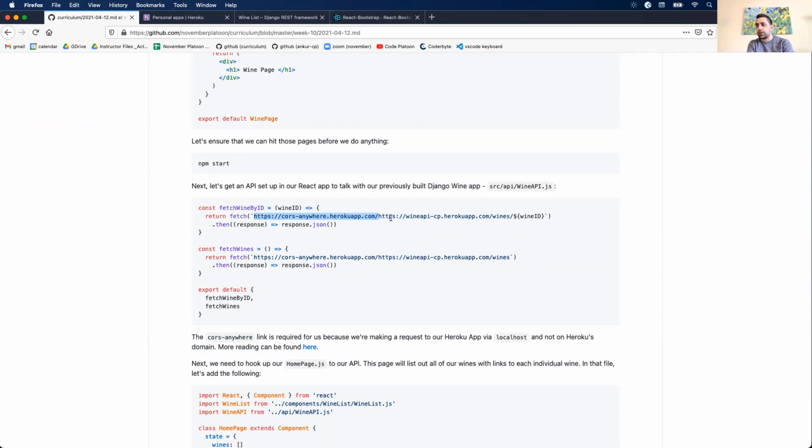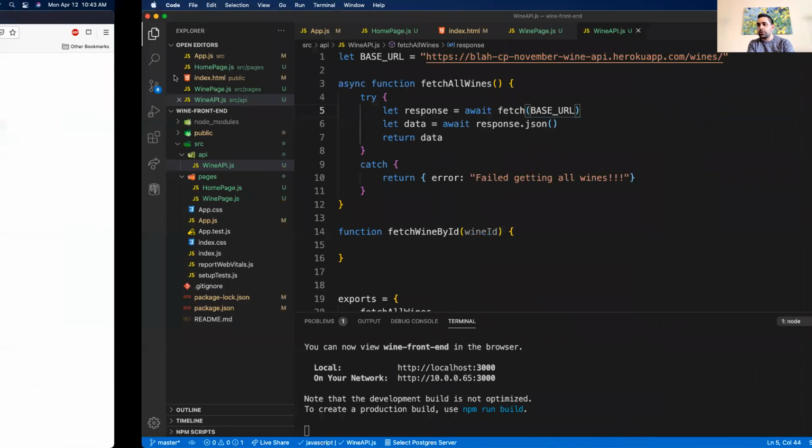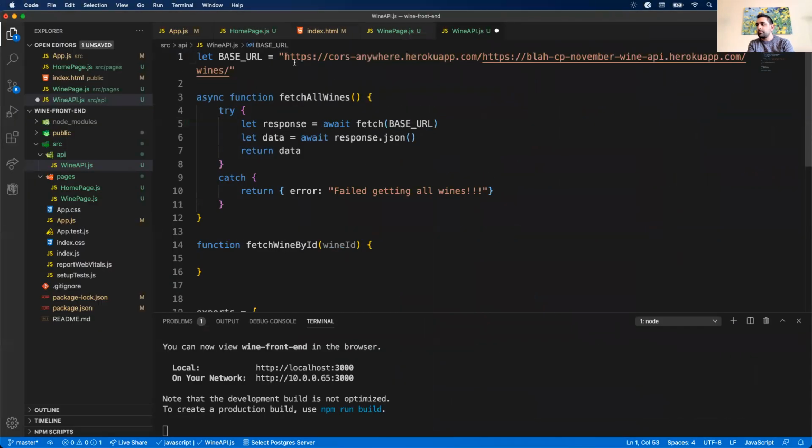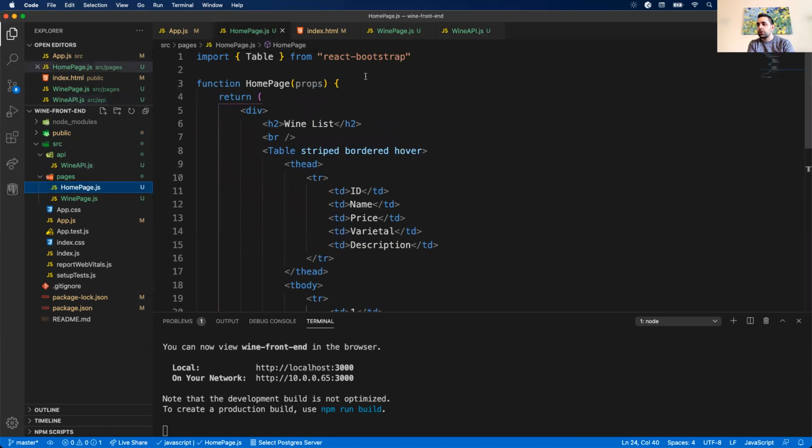So I'm going to add this prefix to whatever my actual project URL is. So that will be dropped in here. Okay, and then I think that's all we need, but we should definitely test this. So fetch all wines, that's going to be used on our homepage. So here we're going to need to render